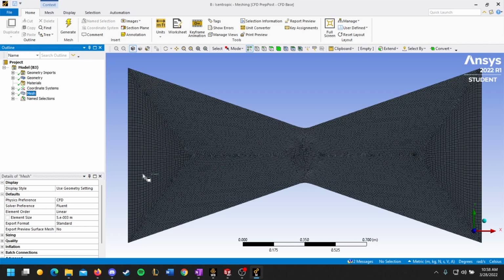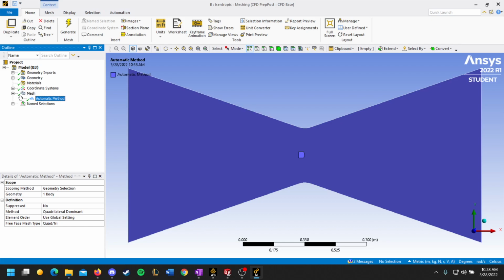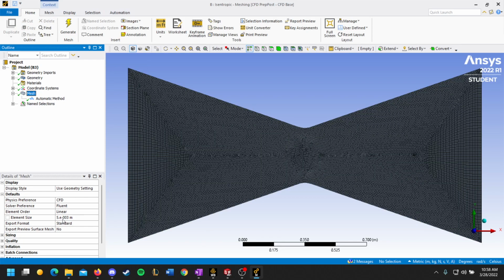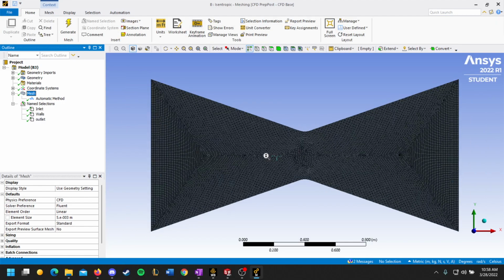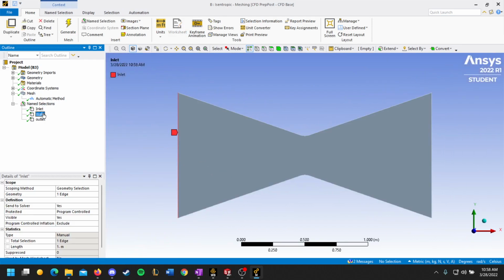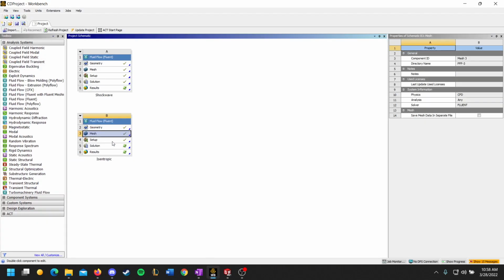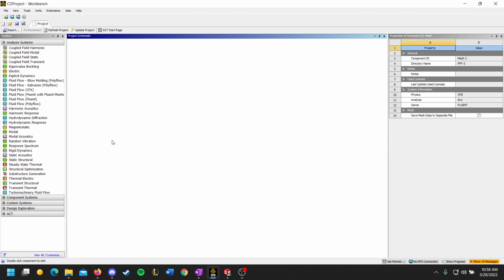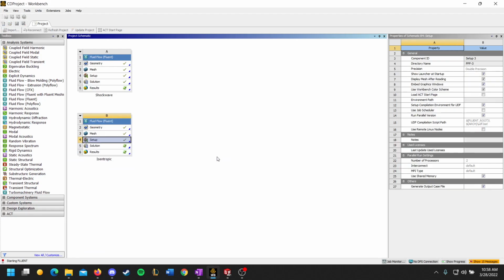Okay. Now I did a quadrilateral dominant mesh. I did 5e-3 element size, and it's a pretty fine mesh. Looks pretty decent. Make sure to create your named sections, so inlet, your walls, and then your outlet. Yeah, that's basically all you do for mesh. Pretty easy. You can obviously refine your mesh further if you want, but let's go to setup